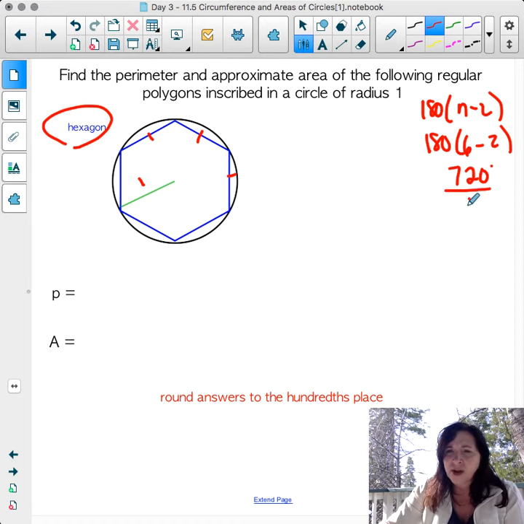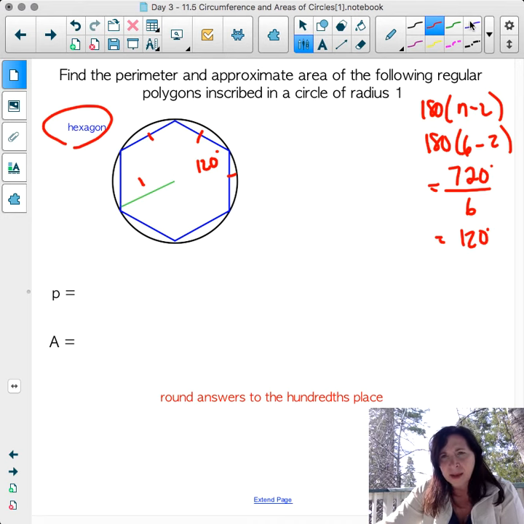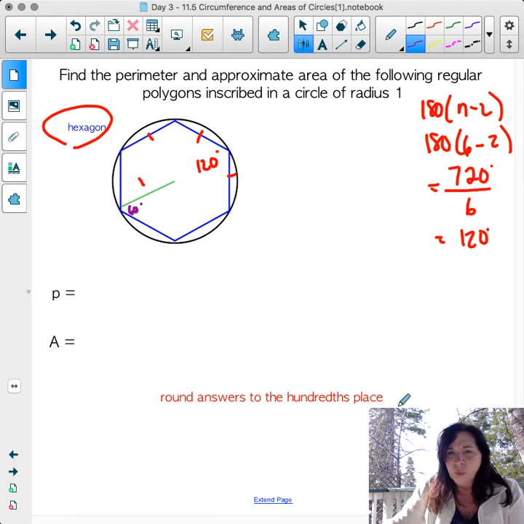All I have to do is divide this by 6, and each angle is going to equal 120 degrees. So remember, if one angle is 120 degrees, when I cut that angle like this, that makes this 60 degrees, okay? And what that means is that being 60 degrees,